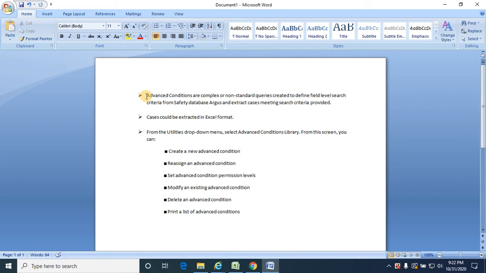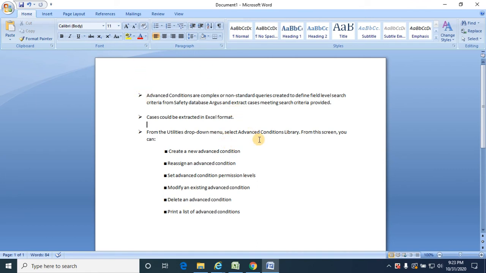This field level search criteria would be created in the Argus Safety database, and these queries would extract the cases which are meeting this search criteria, and the cases would be extracted in Excel format.